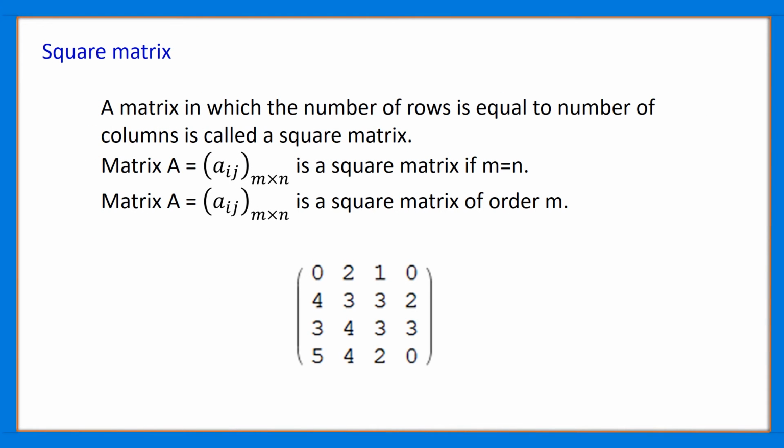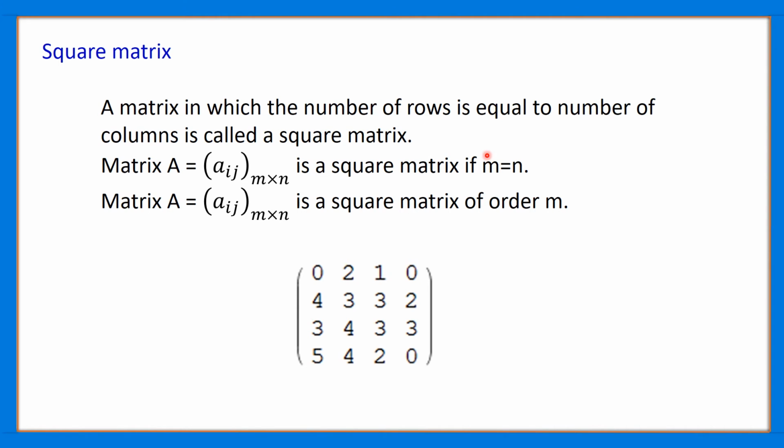The next type of matrix is the square matrix. A square matrix is nothing but a matrix in which the number of columns is equal to the number of rows. Okay. When do we call a matrix a square matrix? We all know that the order of a matrix is m cross n. If m is equal to n, then the matrix becomes a square matrix. Since the number of rows and the number of columns are equal for a square matrix, the order of a square matrix will be n. It can also be said as m, since both are the same.